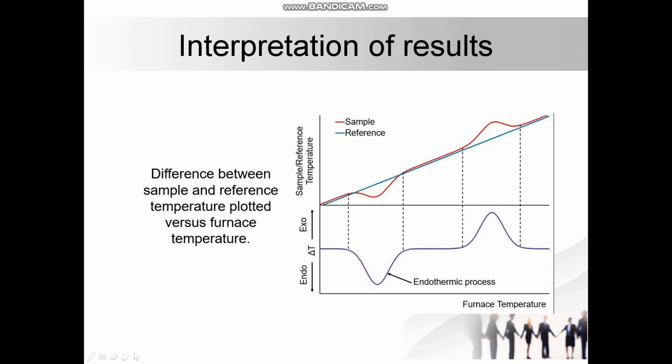And when there is a rise in delta T per unit rise in temperature, it means there is additional heat apart from the heat supplied by the furnace. This is because of an exothermic event. So from this graph, we can find out that the exothermic event starts from this particular temperature, and we should not heat this particular material up to this